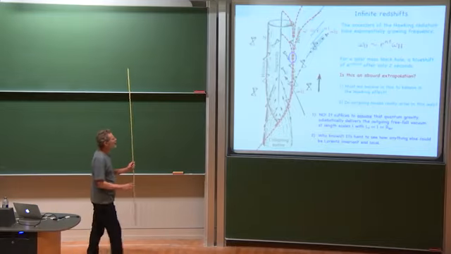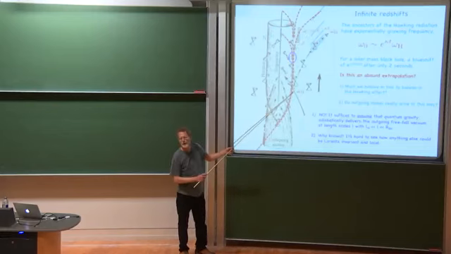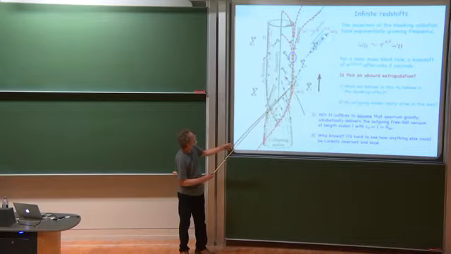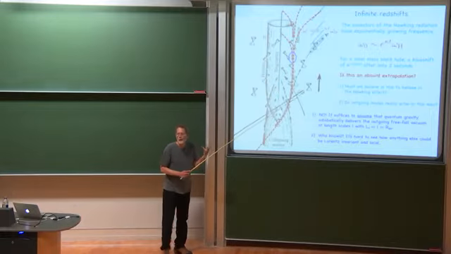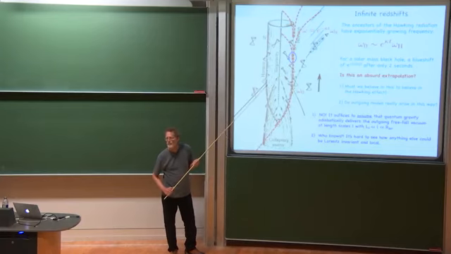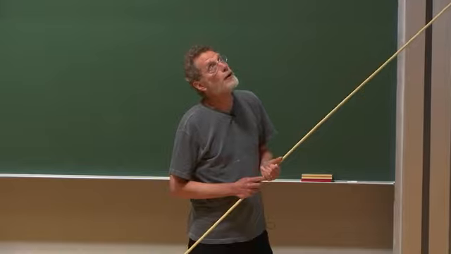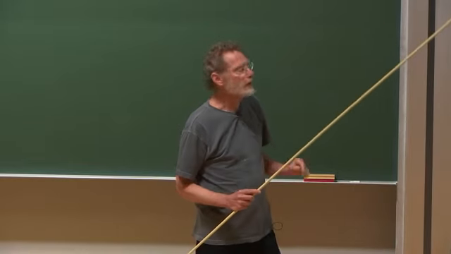So the answer to the first question is no. We don't have to believe in this absurd extrapolation because, as I've just circled here, instead of tracing this Hawking quantum all the way back to the beginning of the formation of the horizon, we can just trace it back far enough until the length scale associated with its wavelength and frequency is very small compared to the size of the black hole. On the other hand, that can still be very long compared to the Planck scale or any other scale that we feel is a frontier of our knowledge.